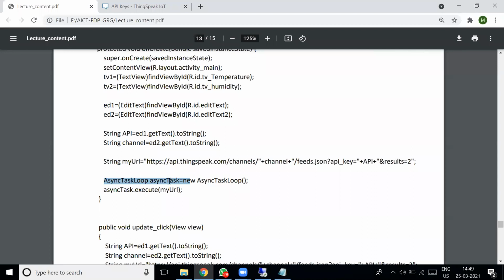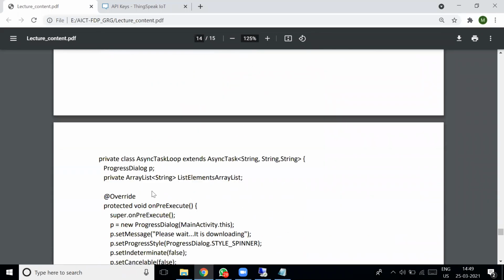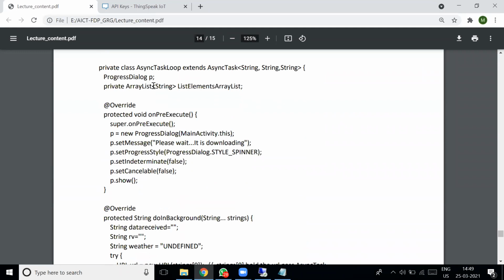Once you create the asynchronous task and call the method execute URL, it internally calls the onPreExecute method. The onPreExecute method will prepare a request to contact the ThingSpeak Cloud. During that time, we display a progress bar.